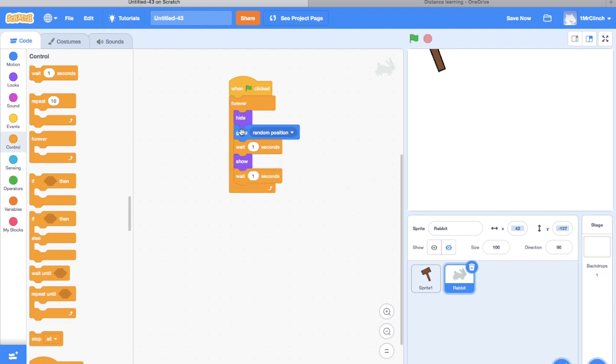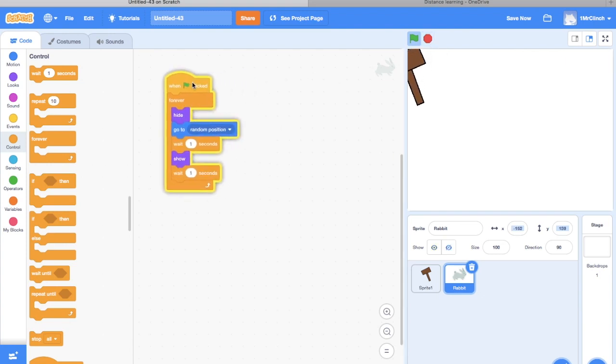So it hides, goes to a random position on the screen, wait for a second, show, wait for a second, so that means it'll be on the screen for a second before it hides. So that gives me 1 second there to whack it. Okay, there we go, whack it, before it goes. Okay, and I'm happy with that. So that is the basic